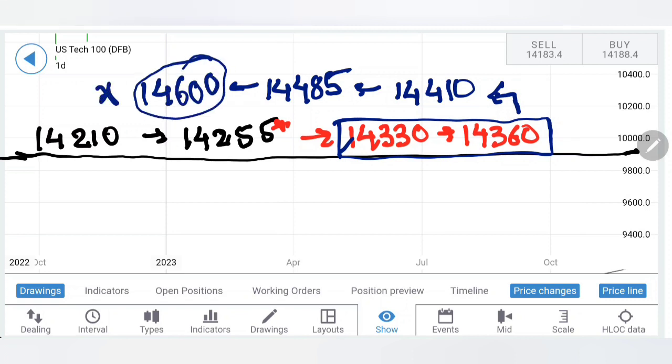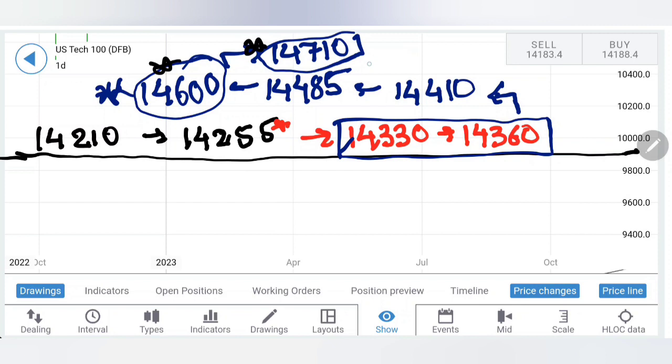This is going to be the critical one, staying above which the prices might stay bullish. I do not see it breaking past this zone though, but yes, if prices stay beyond this 14,710, now these two levels are going to remain very critical here for Tech 100, and any breakout beyond 14,710 should be treated as a reversal sign,